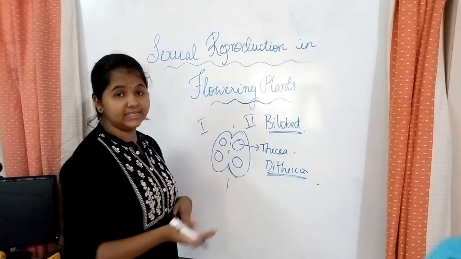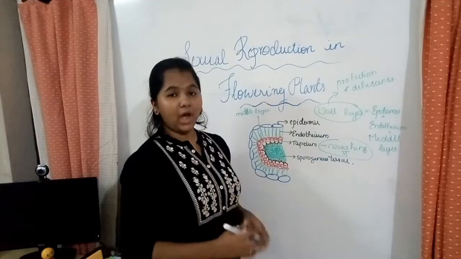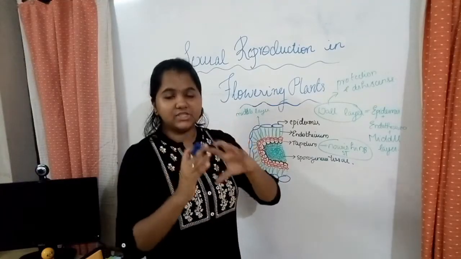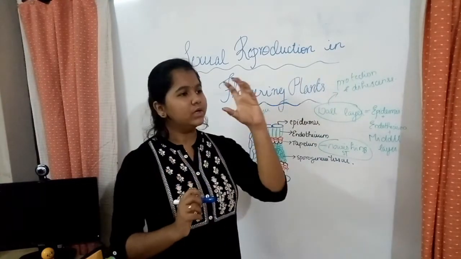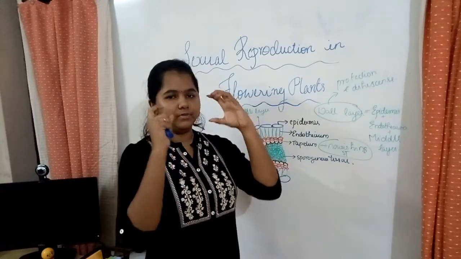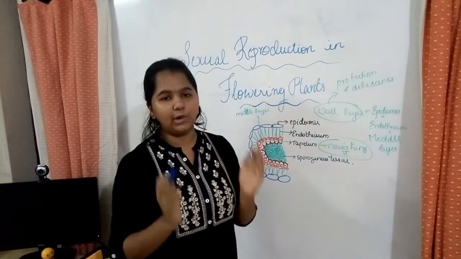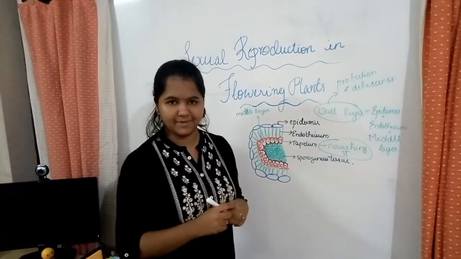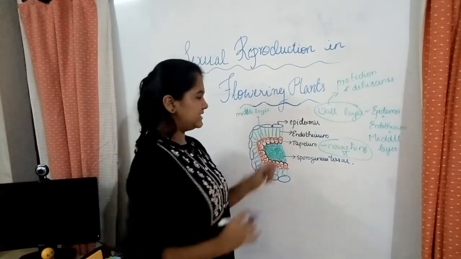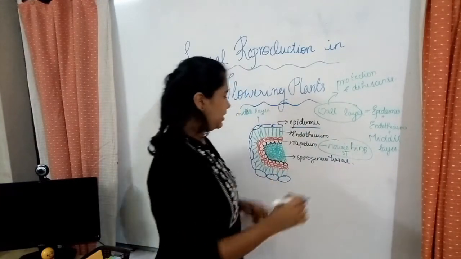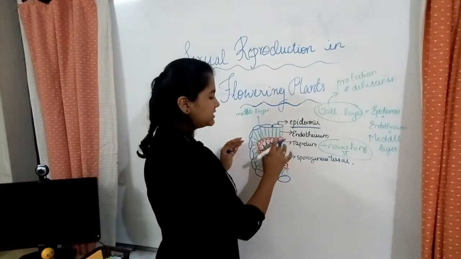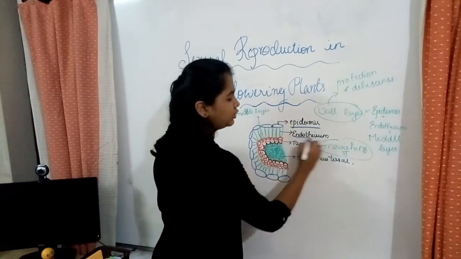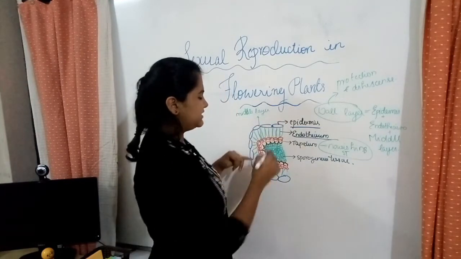So now we learn in depth about the anther. We will be discussing the theca, the structure or the histology of the theca. So what is theca? Theca is two structures in the bilobed anther. Okay, so we learn in detail. Over here you can see the first one is the epidermis, the outermost one. And then there is a long cell. Can you see a longer cell? That is the endothecium.